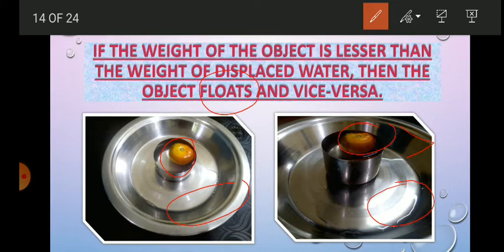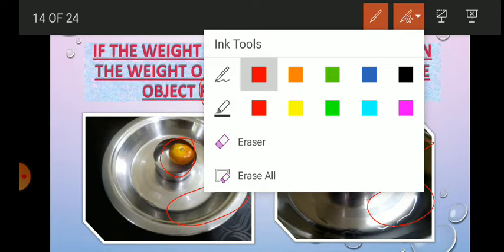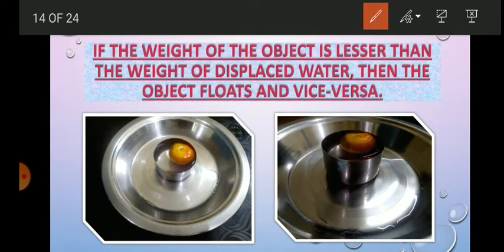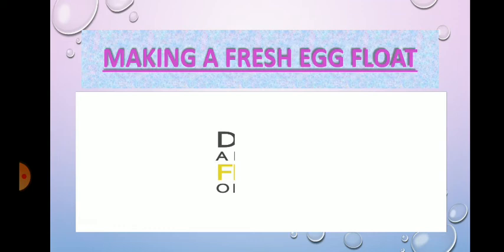Got it? So children, I hope this is quite clear to all of you. Alright. So now let me take you for another experiment. Let us see how the water in the sea, that is salty water, affects sinking and floating. So let us see this video first. Ready?